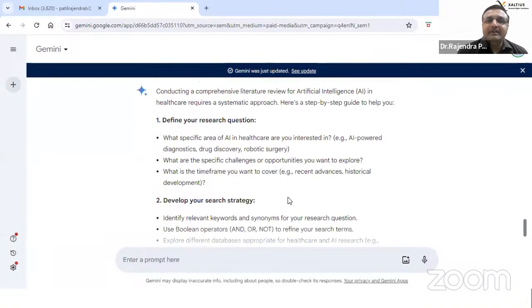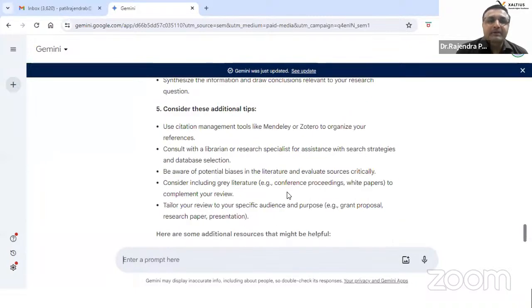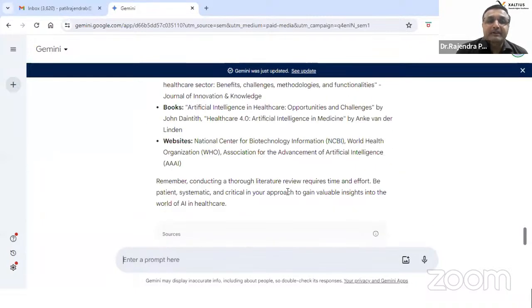Don't use it as it is. If you are using it as it is, then you are being replaced by the technology. But if you are using this and adding your own expertise, then the technology is assisting you. So please understand this difference. Because some people practice wrongly, the question arises again whether this tool should be allowed or not. Of course, it is challenging. Even your students are presenting assignments generated from such tools.